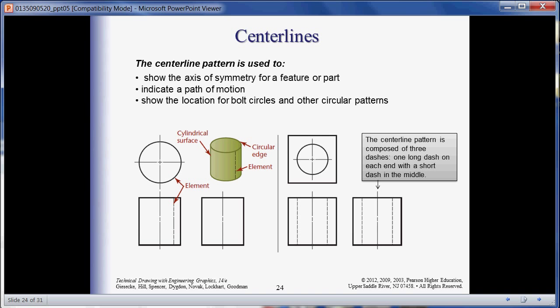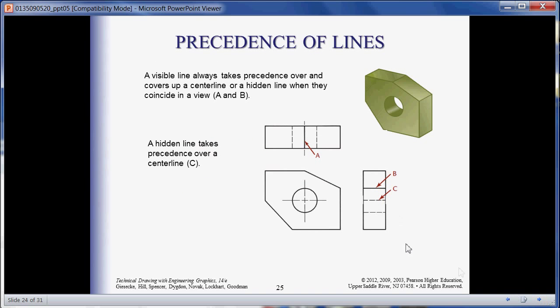So everything builds upon each other. Everything's kind of like a Lego, you know, just builds upon each other. Okay. Now here we're talking about the precedence of lines, and let me just talk about that real quick, okay? So here the author is saying, okay, if this center line happens to coincide with a